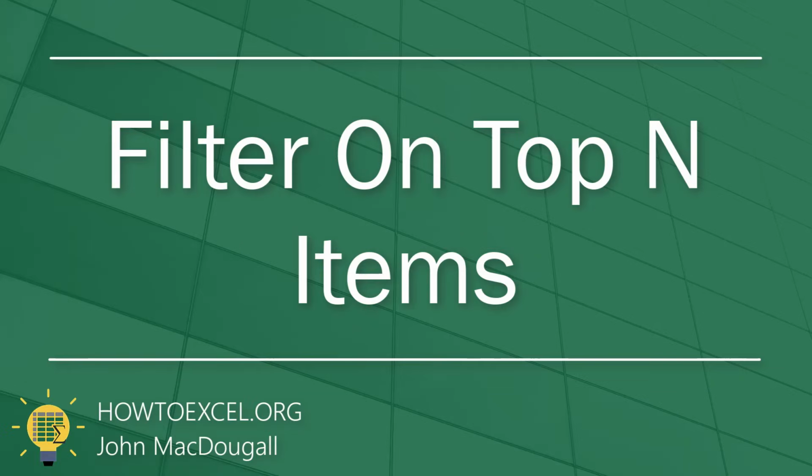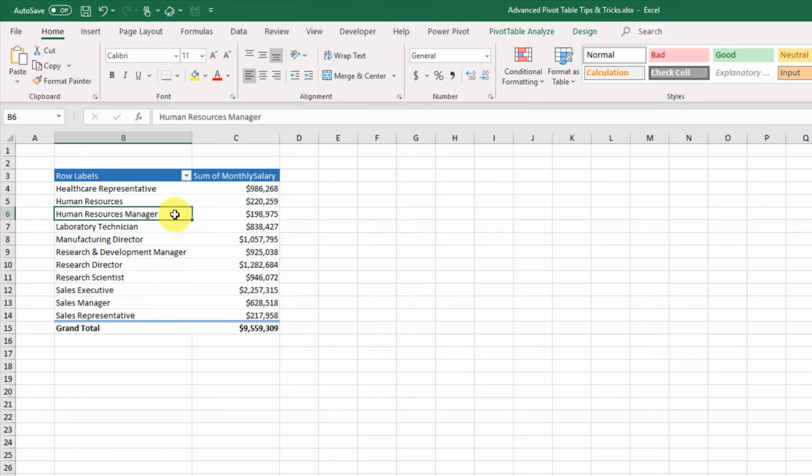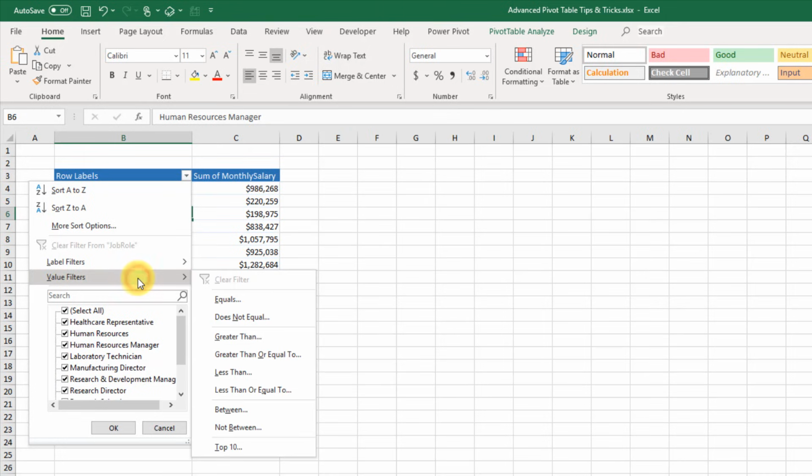In this tip, we're going to take a look at how we can filter our pivot table to the top N or bottom N results. So we can add a top N filter by clicking on the Sort and Filter toggle and in the Value Filters section,